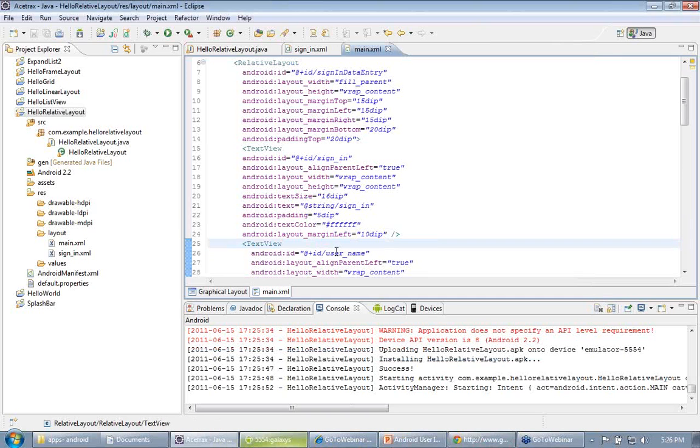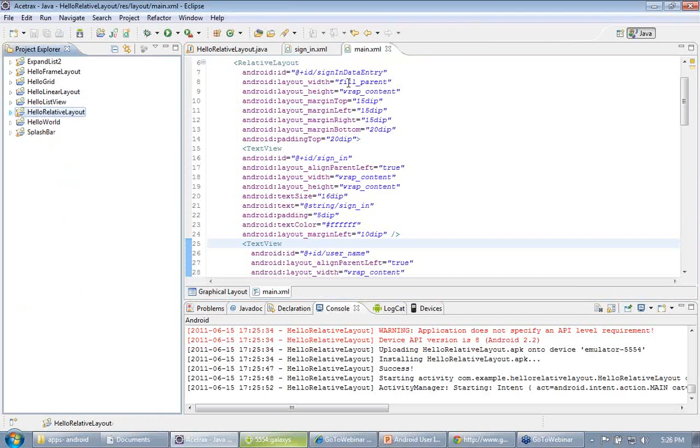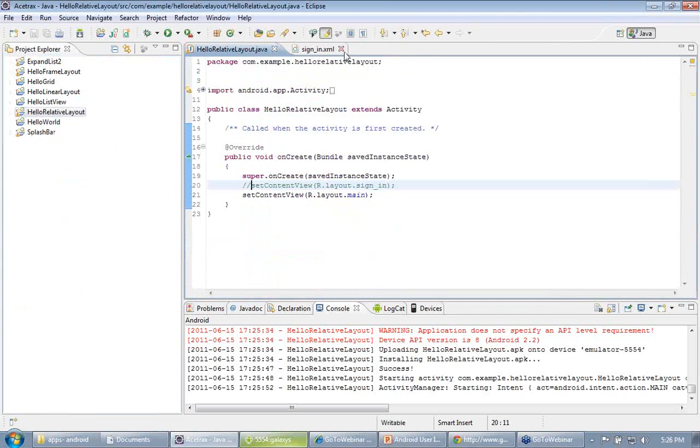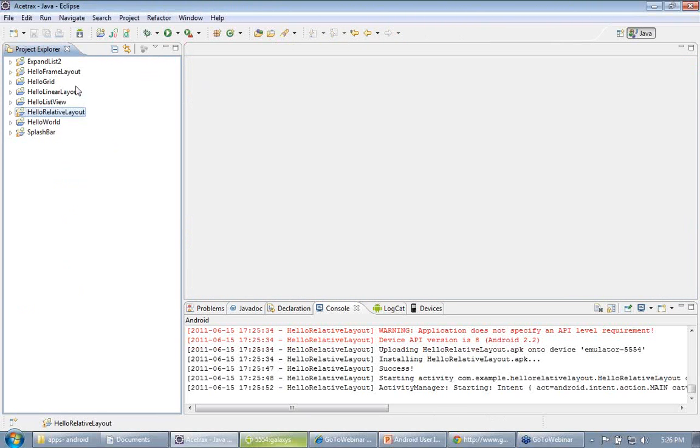So what I recommend is that you search for ways in which you can create fewer layout components, and it will improve the performance of your program. We will see more on efficient user interface. So that's all about relative layout. Our next program is Hero List View.